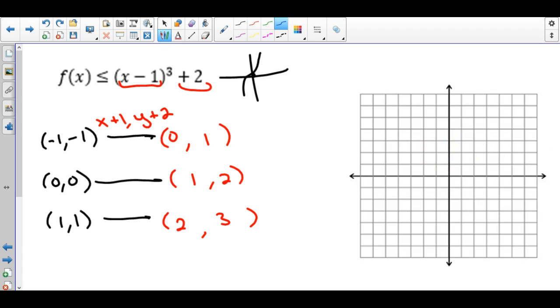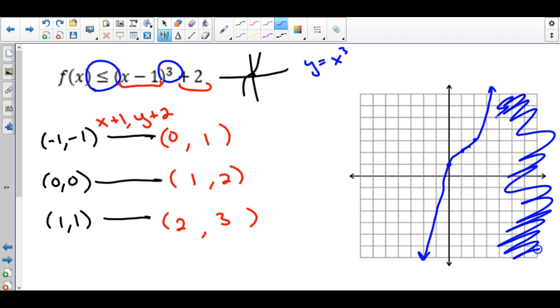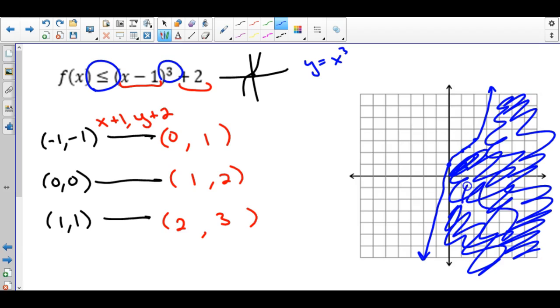So what I'm going to do is plot these 3 points. I have (0, 1), (1, 2), and (2, 3). And really, it looks like you could just connect them with a straight line, but just knowing the behavior of a cubic function, again, realizing that the parent function here is y equals x cubed, it has that curvy shape. So I'm going to now look at the inequality that it says less than or equal to. The or equal to part indicates that I can have a solid line drawn through this, and this is really what the curve is going to look like, and that it's less than or equal to, I'm going to shade everything that's going to be underneath this curve. So every one of these points. In this case, it does look like (0, 0) would be part of my solution, and that would end up working. All right,